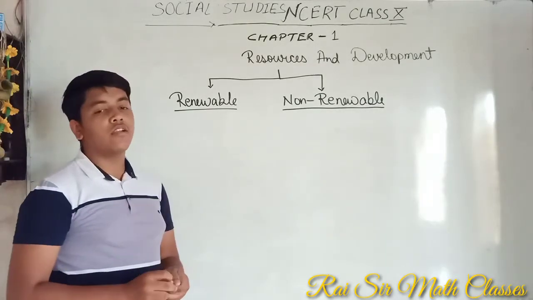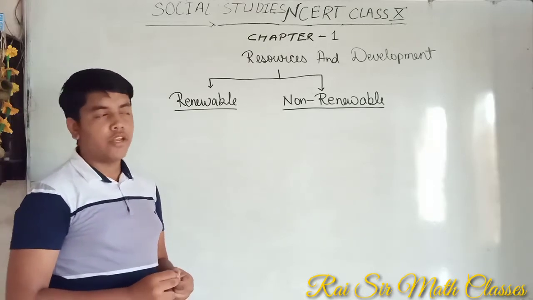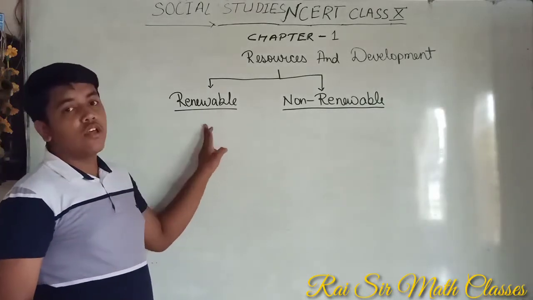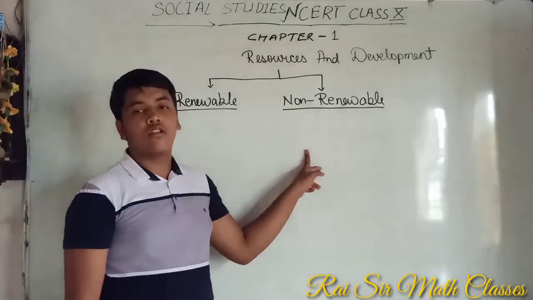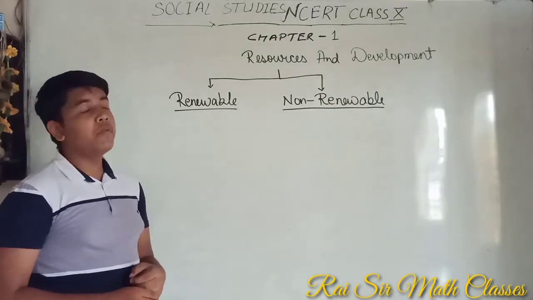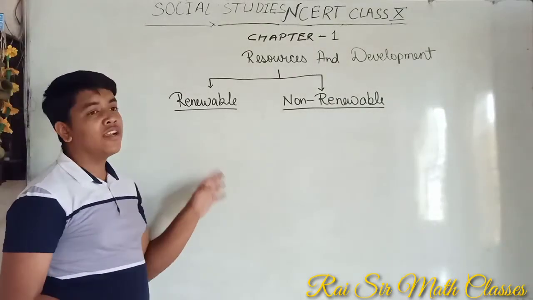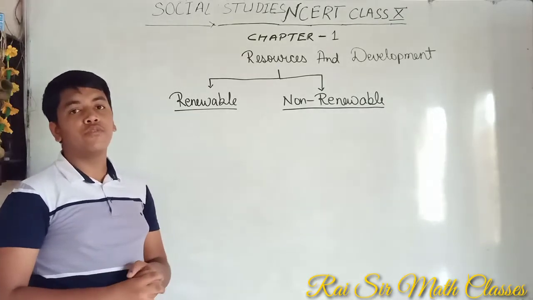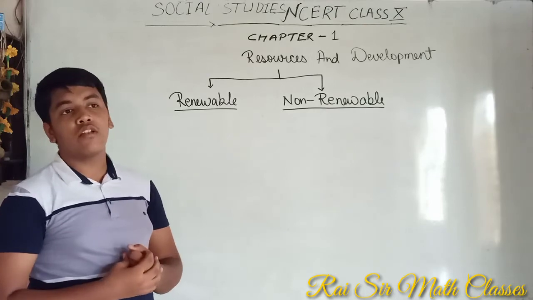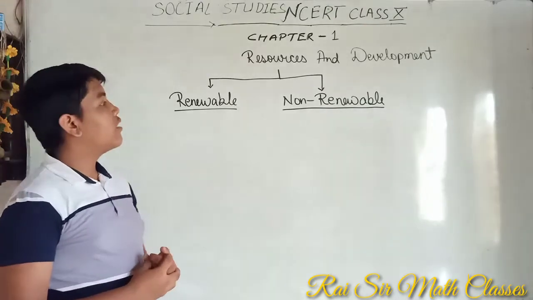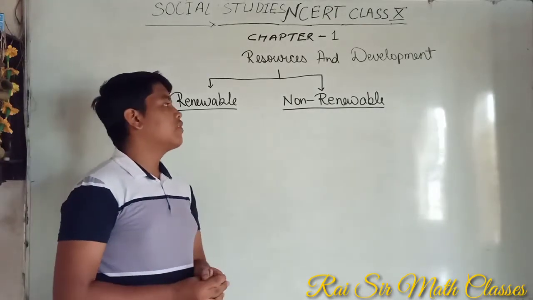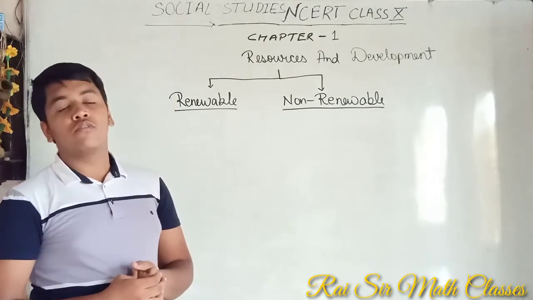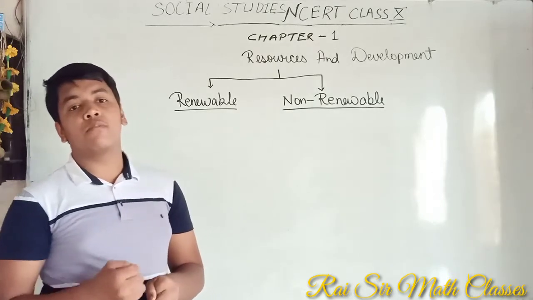So let's start with exhaustibility. On the basis of exhaustibility we have two types, renewable and non-renewable. What do we mean by renewable? The word renew means it is reproduced or renewed by physical, chemical or biological processes, and non-renewable, as the name says, are not renewed by applying such a process.